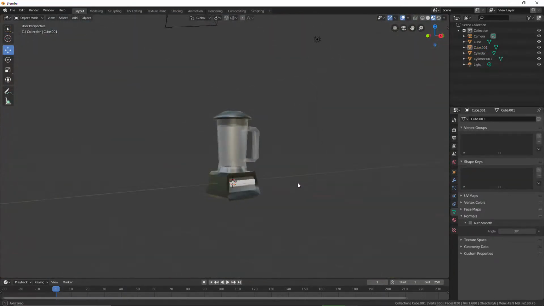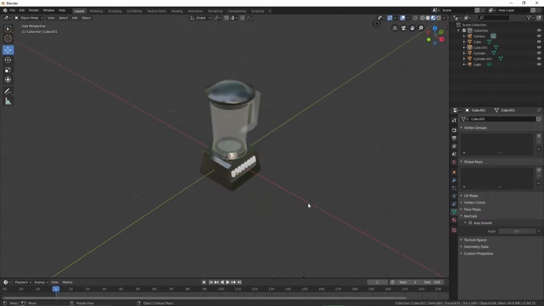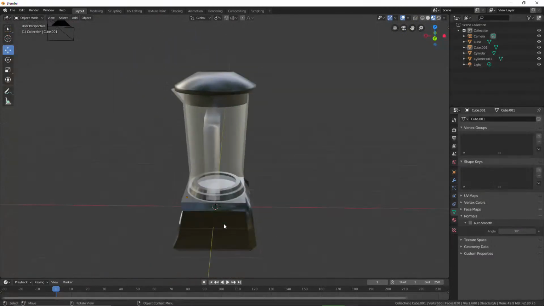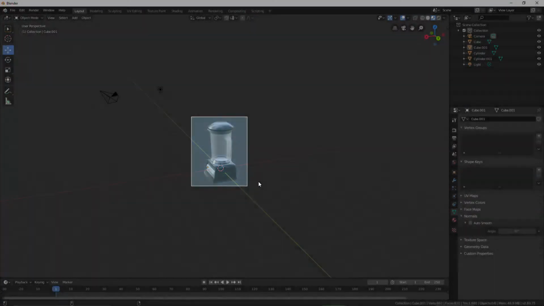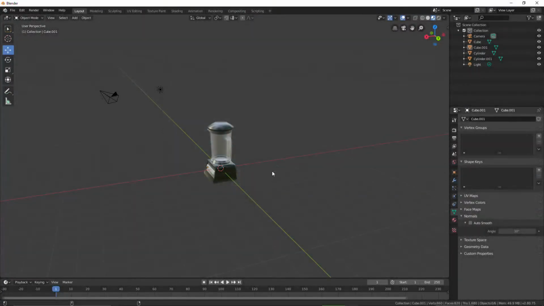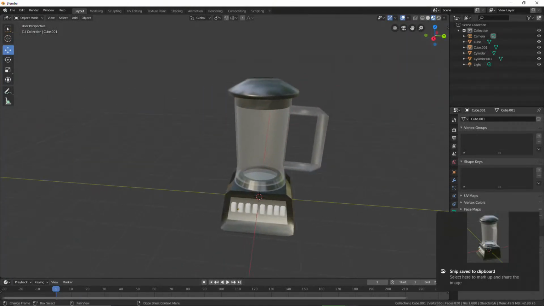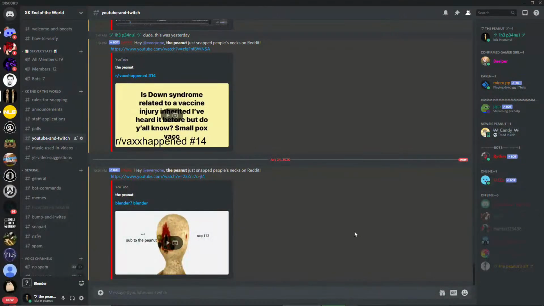Boom, a blender in Blender. Now ain't that hilarious? That is haha hilarious. Okay, so now we made a hee hee haha thing, so